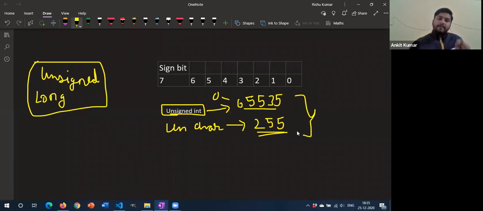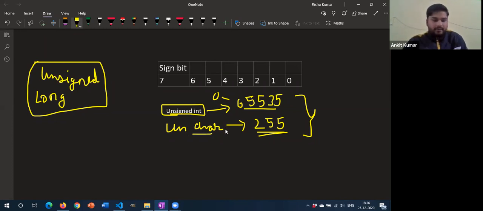That is why every programmer should have complete knowledge about all the data types, in order to make the program optimized and efficient, because we know that memory is very expensive. So we should not waste memory. So this was about unsigned. But the most important thing to keep in mind is that unsigned can only be used with integer and character. You cannot have anything like unsigned float or unsigned double. It is not possible. This is a rule: you can use unsigned with int only and unsigned with char only.